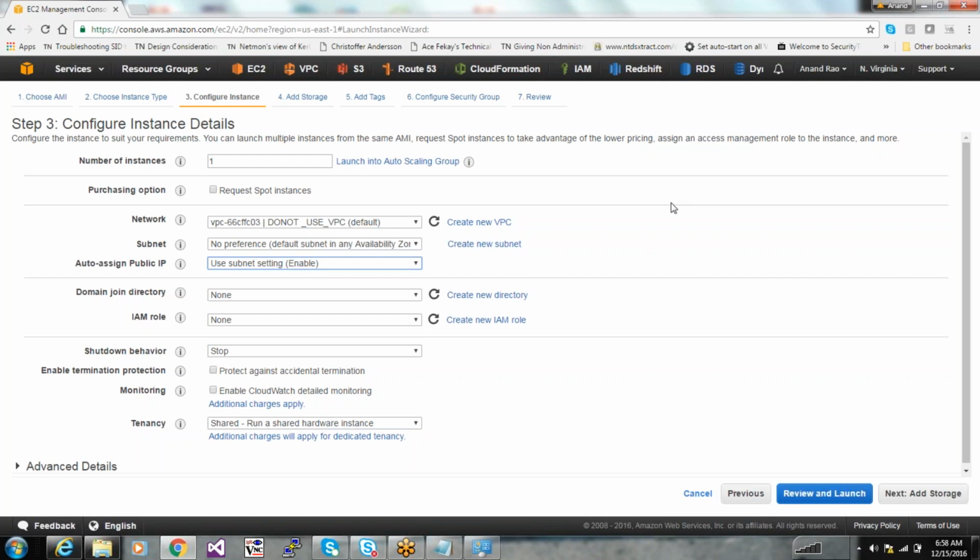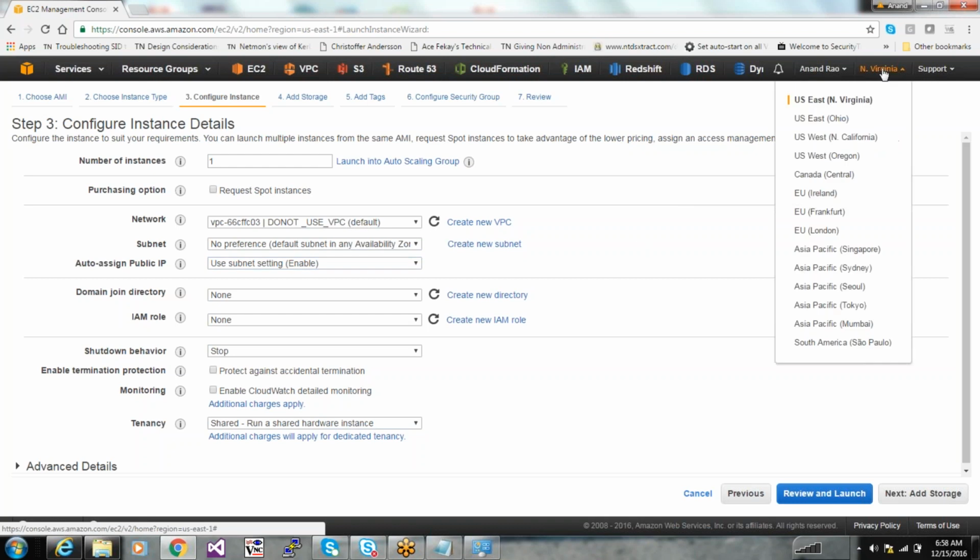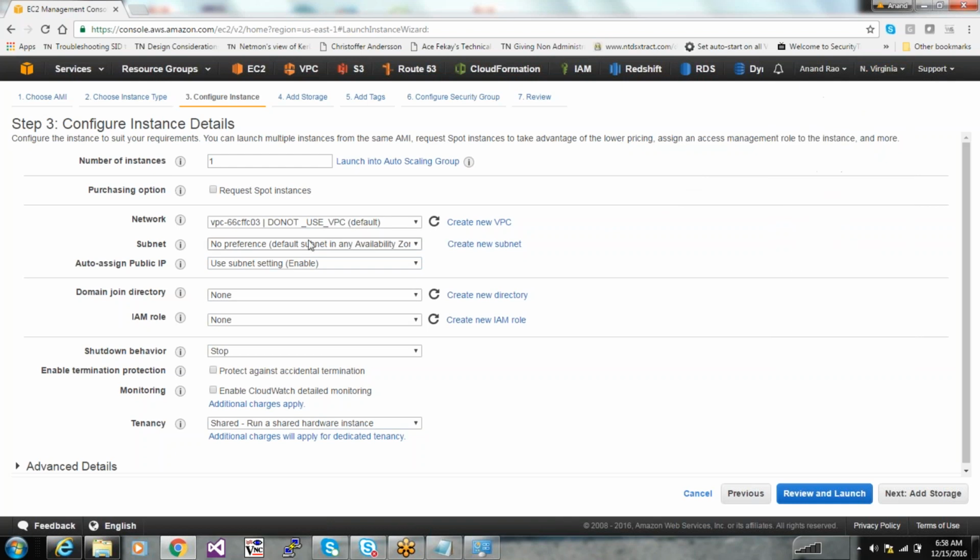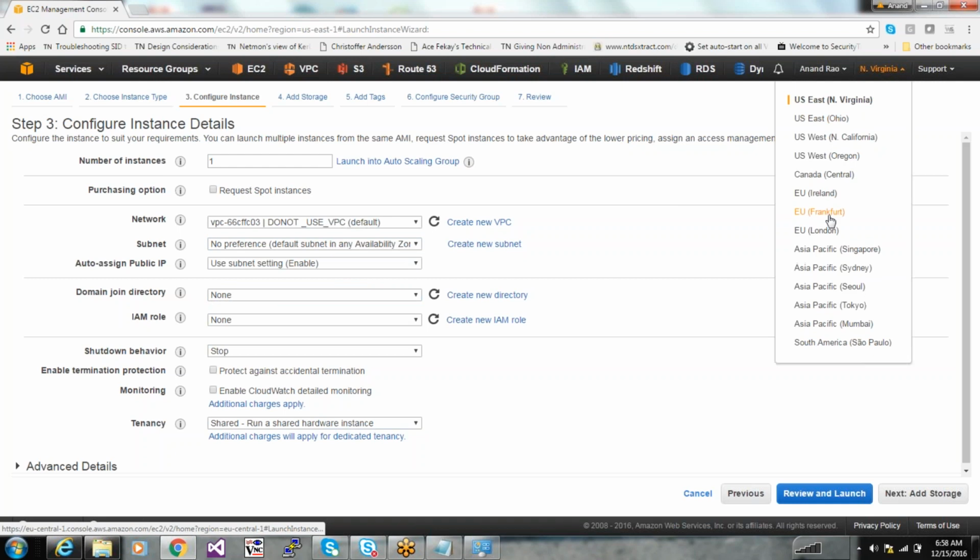Now, one thing I want to tell you is that we are creating this virtual machine in North Virginia. In North Virginia, there are 4 availability zones. That doesn't mean that every region will have 4 availability zones. The rest may not have; some may have more.